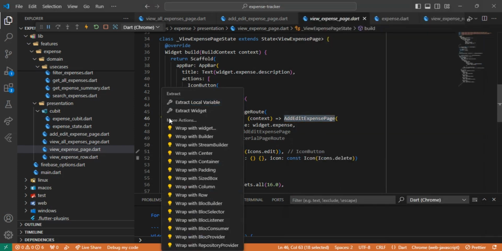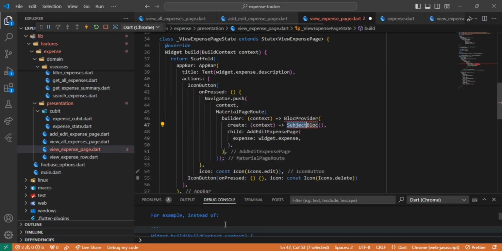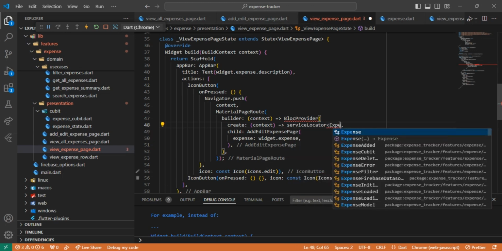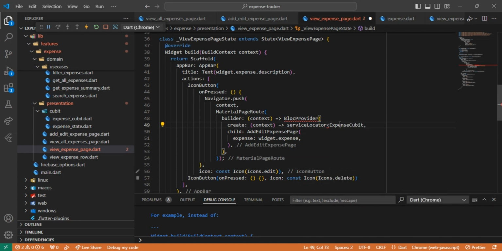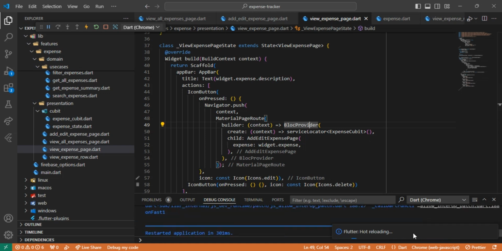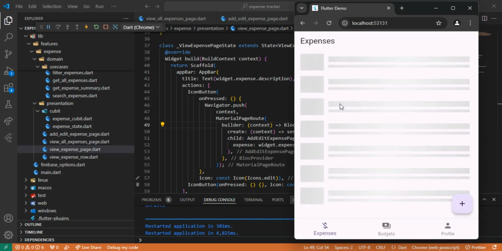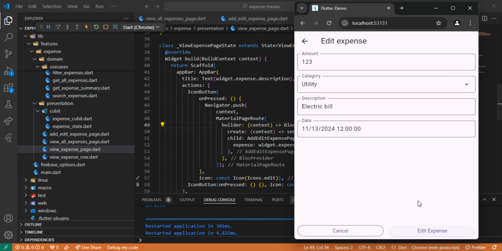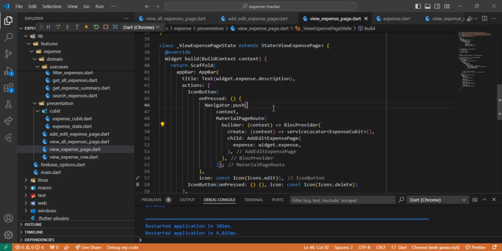Just like what we did kanina, we wrap this with a block provider, and etong subject block na to, we will get that from our dependency injection by calling our service locator ExpenseCubit, and then that's it. Okay, mag-error to because we haven't imported the library. And then yun. So let's see, hopefully things will be okay na. Pag click natin to, yan. So sige,